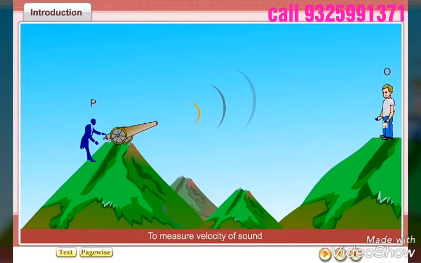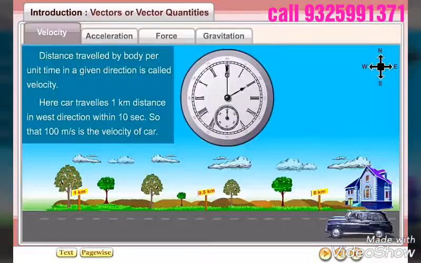Physics Introduction. Sound travels in the form of waves. When a wave passes through a medium, the medium itself does not move along the direction of the wave. Only the particles of the medium vibrate about their fixed positions. For example, when sound waves produced by a cannon come to us through air, there is no actual movement of